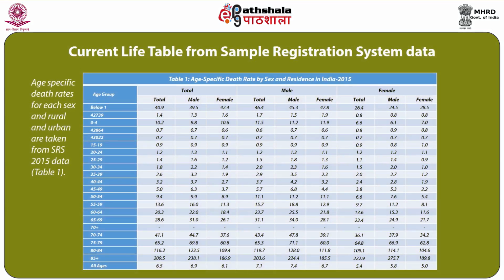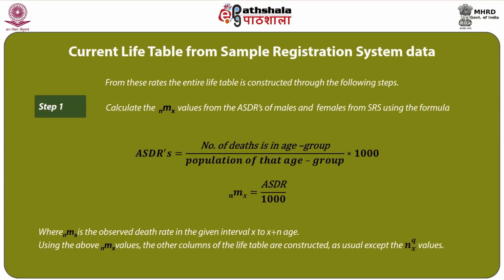The table clearly depicts, from the current life table from sample registration system data, the various age-specific death rates for each sex and rural and urban, which are taken from sample registration system of 2015 data. From these rates, the entire life table is constructed through the following steps. Step 1. Calculate the NMX values from the age-specific death rates of males and females from sample registration system